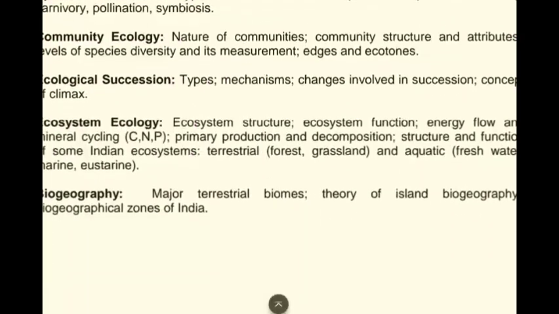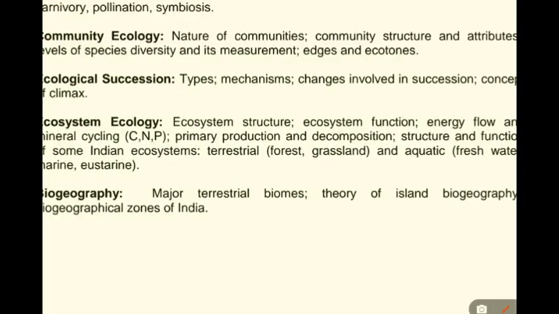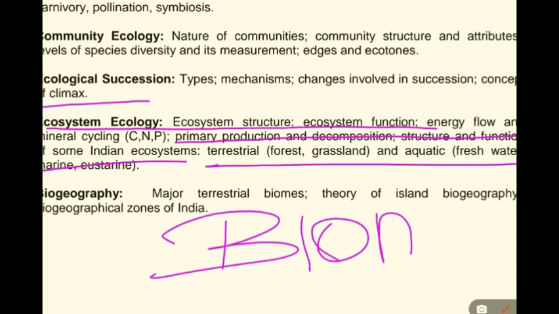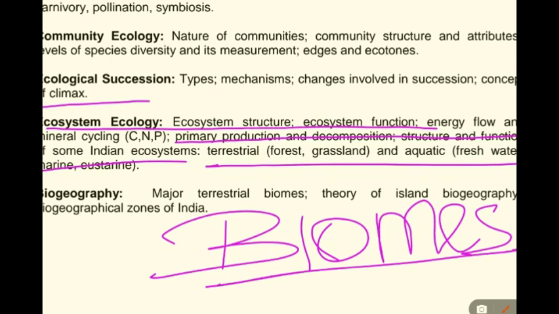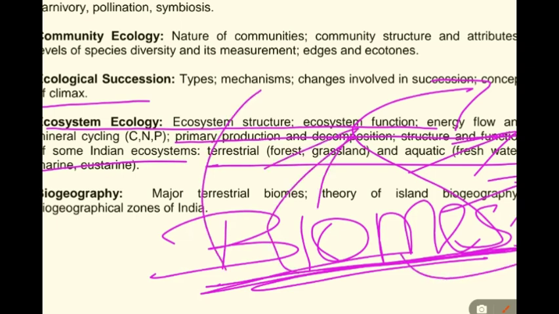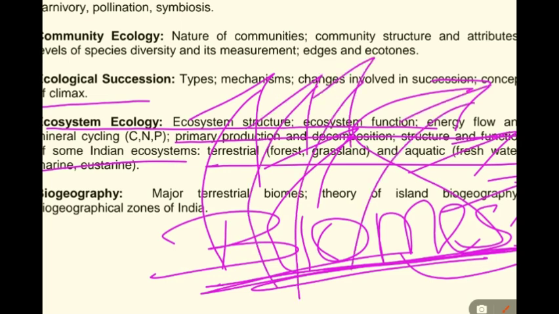about ecological succession, ecosystem ecology, that is primary production, decomposition, terrestrial ecosystem, aquatic ecosystem, about various biomes of the world. Should study with respect to India as well, various types of forest, alpine forest, tundra forest, evergreen forest, temperate forest, deciduous forest, various ecosystems, Mediterranean ecosystem, chaparral ecosystem, taiga ecosystem, tundra ecosystem,